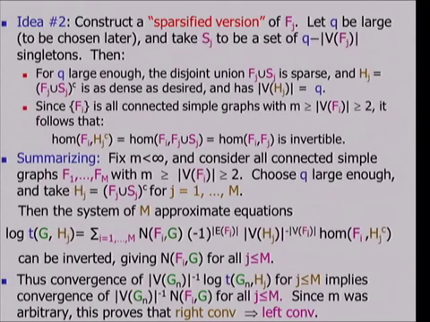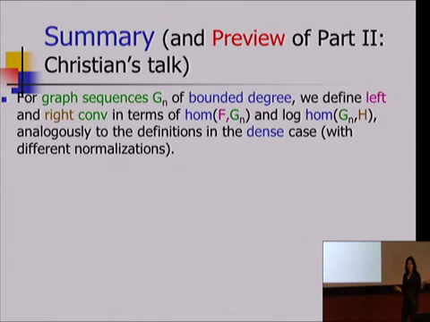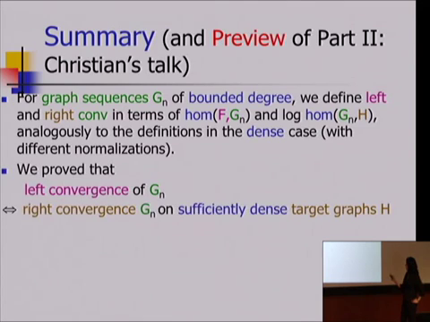Okay, it was just too much to ask that left convergence at subgraph frequencies imply this for all H's, but it is true that I get a right and left convergence equivalence when I say I'm only doing this on sufficiently high temperature models on the graph, where the definition of what is high temperature has to do with the maximum degree of the sparse graph. Okay, so we define left and right convergence by strict analogy, really, to what we did in the dense case. We get this result. It's still, though, somewhat disturbing to us